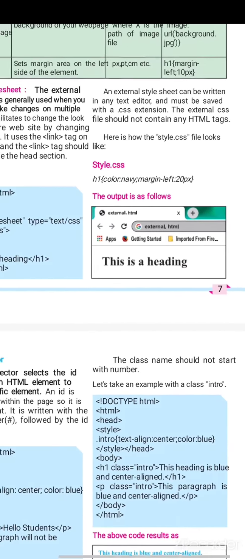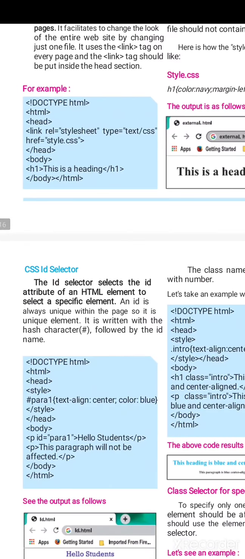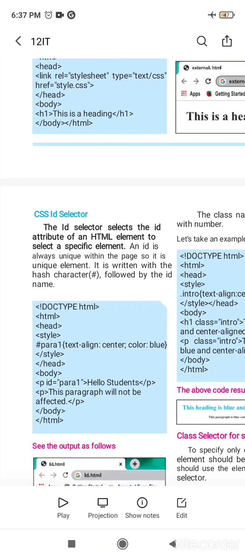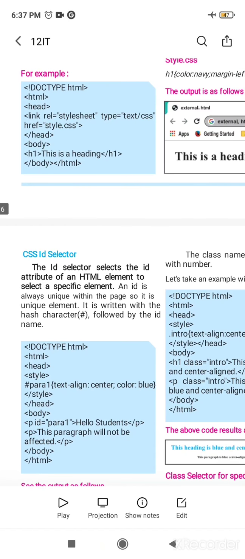As its name, it is externally saved and applied on HTML file by using a link tag. So relation number one, attribute number one, rel, that is relation equal to style sheet. Type equal to text slash css, and next attribute href.